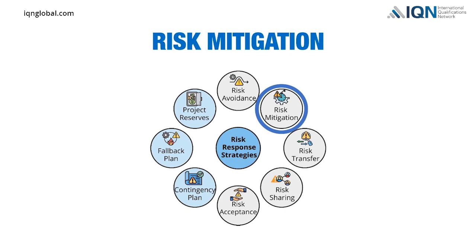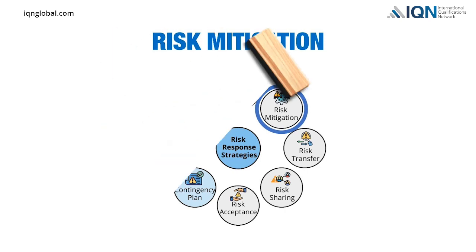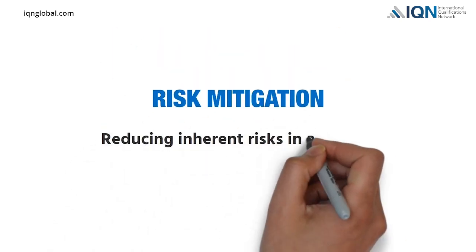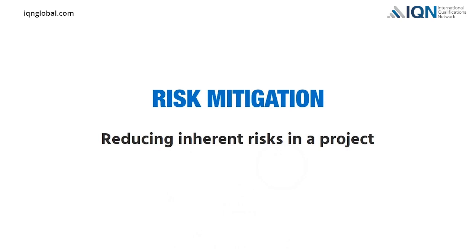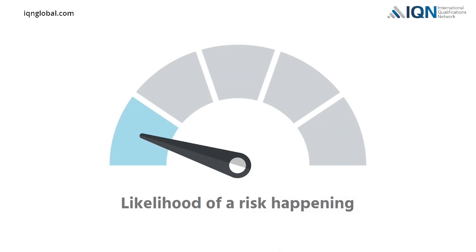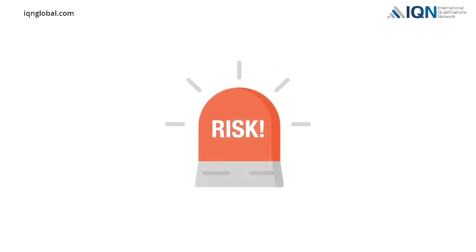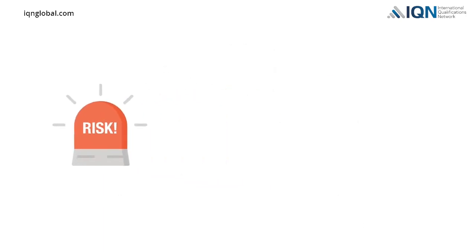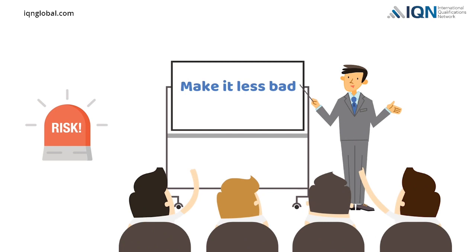Risk mitigation. A risk mitigation strategy aims to reduce inherent risks in a project. Mitigating a risk is possible through minimizing the likelihood of a risk happening or lowering a risk's consequence on the project. If a risk cannot be avoided, then the next best strategy is to try to make it less bad